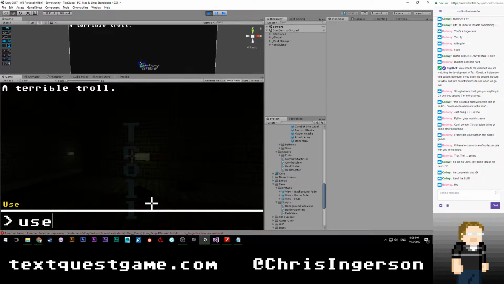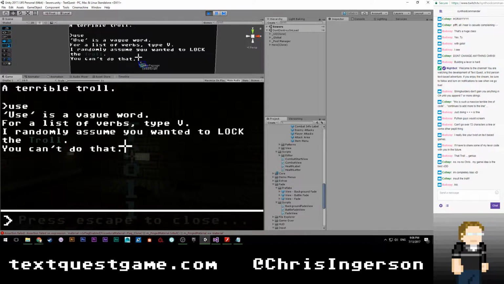So let's see what use looks like again. Use is a vague word. For a list of verbs, type V. Can we spice that up a little bit? Maybe I can say to see a list of verbs. Yeah, to see a list of specific verbs, maybe?